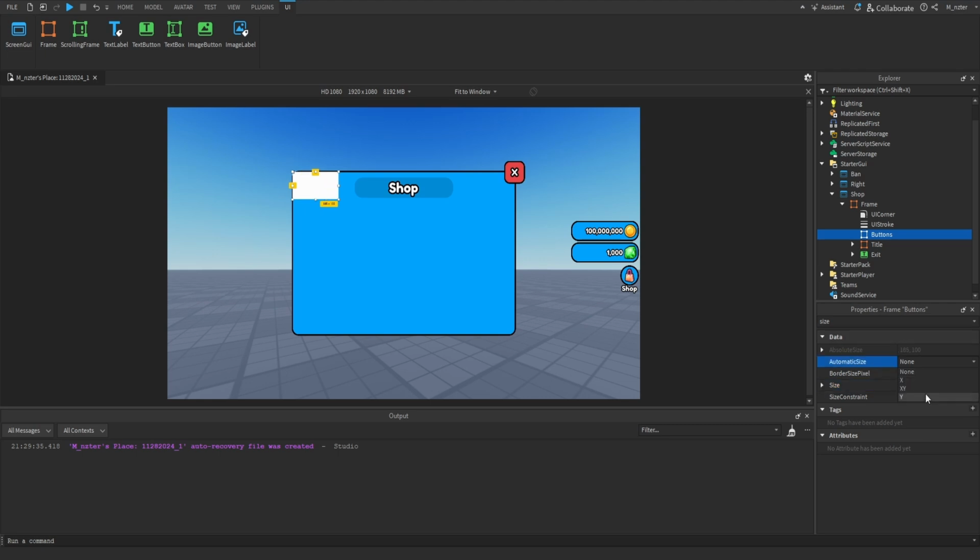Then we want to go ahead and adjust the automatic size to be Y so that we can add in a good amount of buttons to this without having to worry about having to readjust its size every single time. Now let's reposition this. And where we want this to be repositioned is towards the center left of our screen. So for the anchor point, we're going to set this to 1 on the X-axis and then 0.5 on the